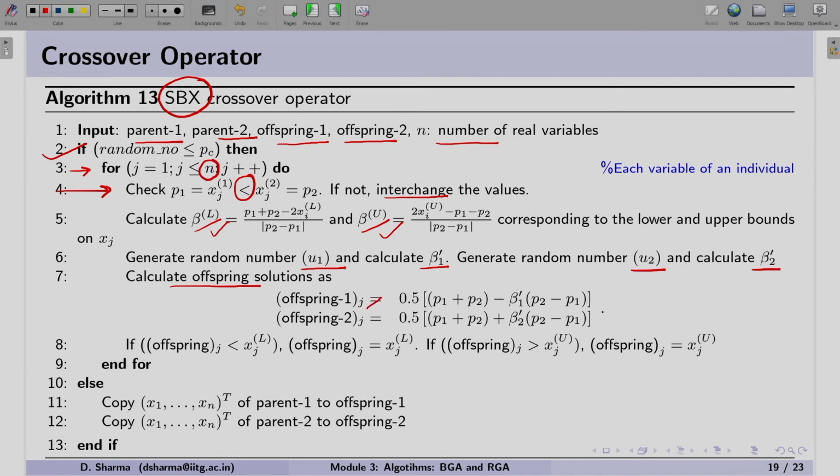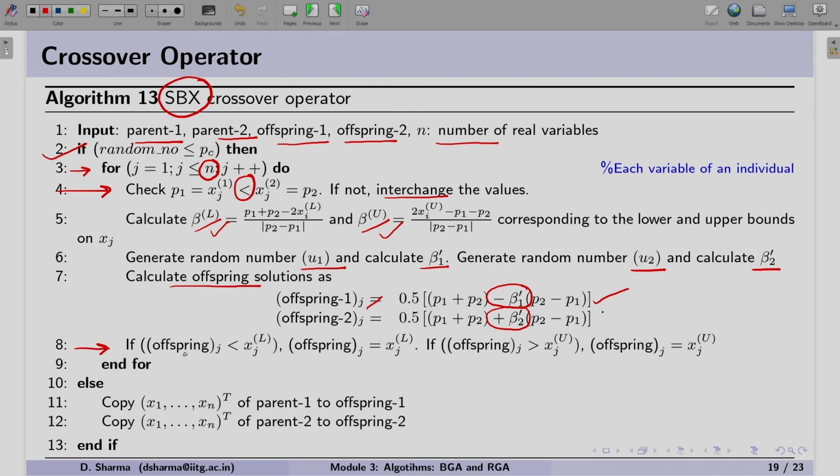So the offspring 1 jth variable can be represented in this term. An important point is that we are using minus beta 1 prime, and for offspring 2 we are using plus beta 2 prime. That will help us generate offspring between the lower and upper bound. But on the safer side, in step number 8, in case the variable is still out of the bound, we are including one condition.